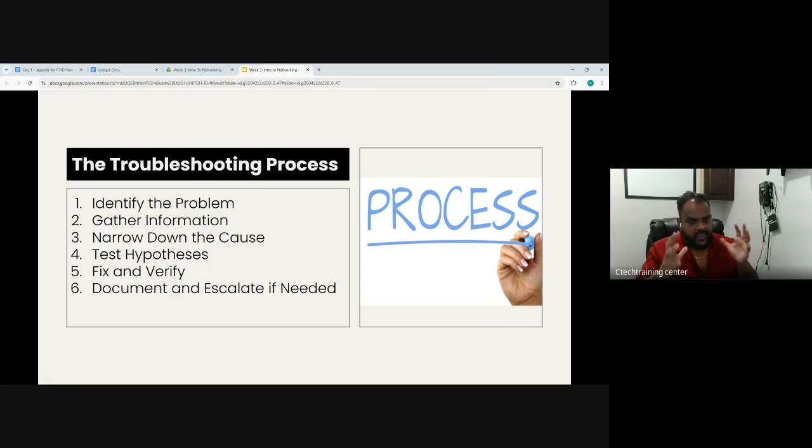Pretty much, any issue, when you follow these 3 W's, what, when, where, will give you very good information on what the issue is. We'll give you a lot of information on what the issue is. Then you use that to narrow down the causes. Let's say I say my internet stopped working, and you ask me when it stopped working. When was it working before? I say 2 weeks ago, before I left on a vacation, I checked, it worked for me. Now they give you information that I was on vacation for 2 weeks, and it worked 2 weeks ago. Now it's not.